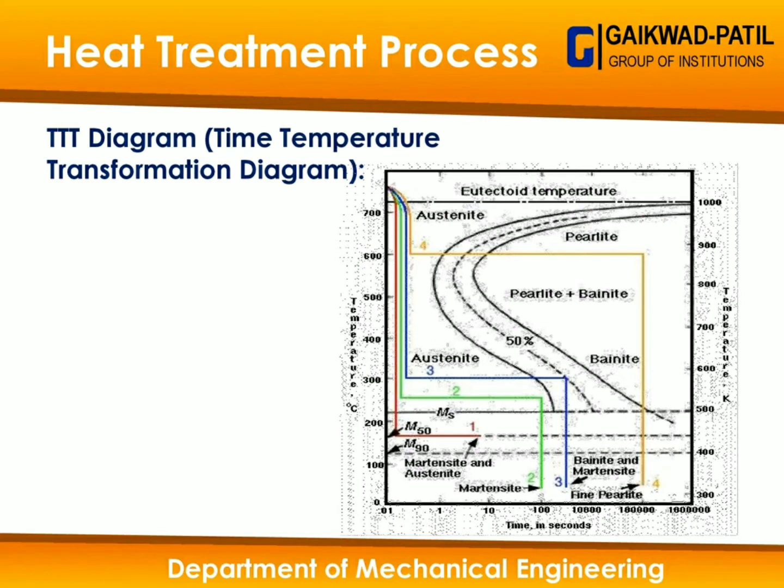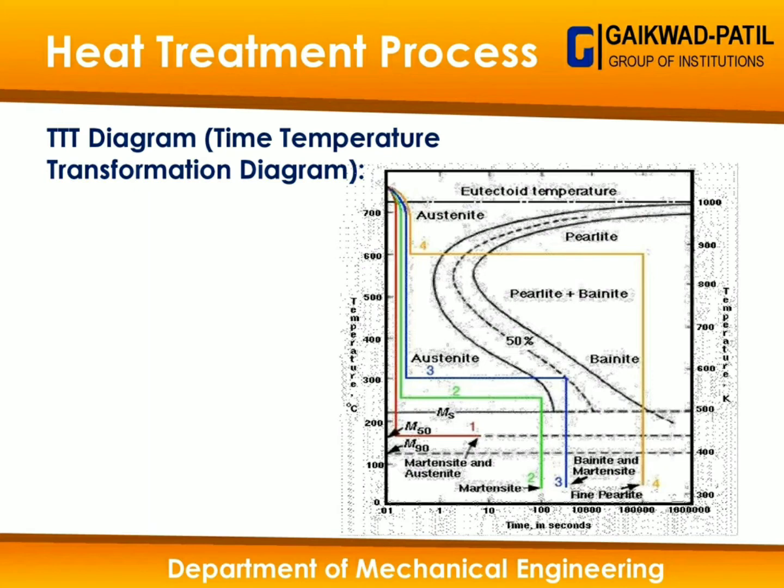In another case of a gamma austenite sample, we cool it below 300 degrees centigrade, meaning 250 degrees centigrade, and when we keep it in isothermal condition, we will get martensite, right? And in another case, we cool a gamma austenite sample below 200 degrees centigrade, then finally we will get martensite from austenite. Right? So here the different types of heat treatment processes can be achieved with the help of the TTT diagram.